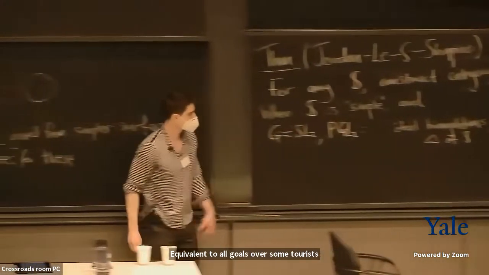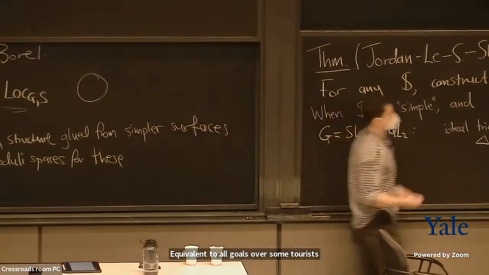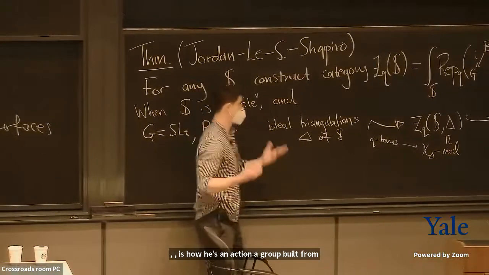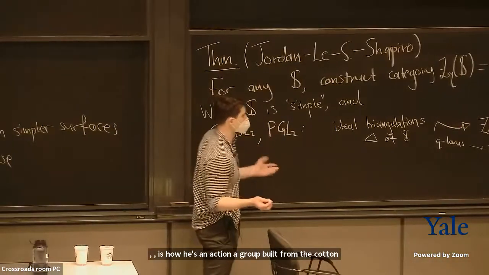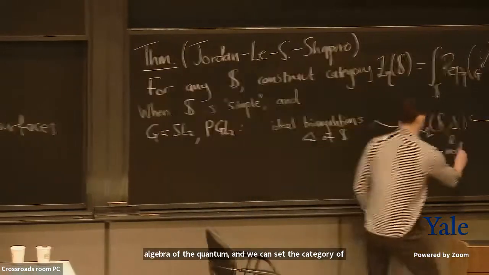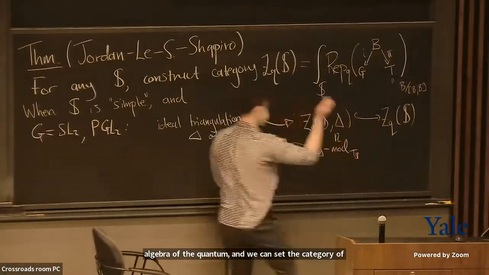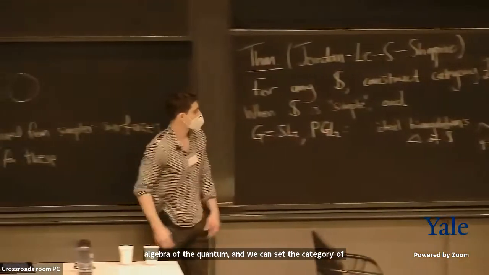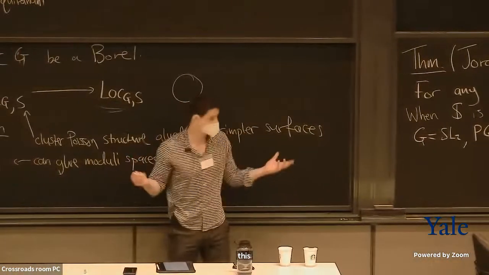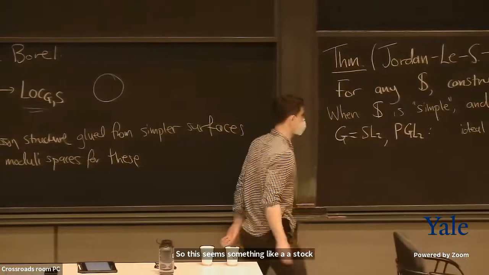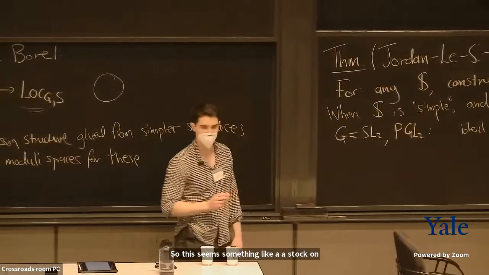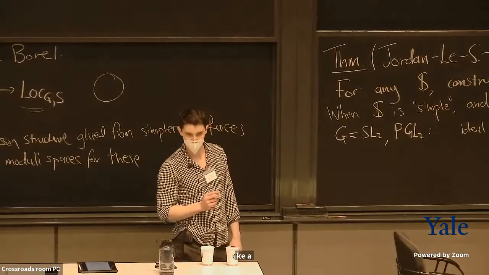Call it phi delta. And that quantum torus carries an action of a group built from the Cartan subalgebra of the quantum enveloping algebra. And we consider the category of modules that are equivariant with respect to that action. We only write that as torus subgroup. Right. So this thing is something like a chart on a piece of this stack. And, yeah, an open subset.